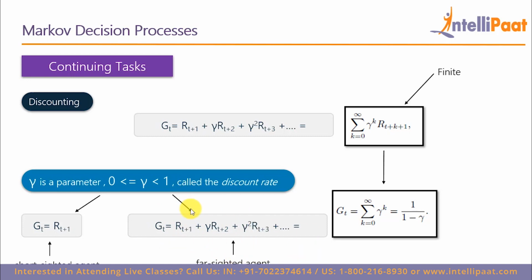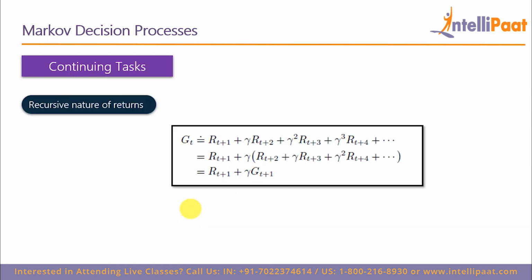Now let's discuss one more very important property of the returns, which we call the recursive nature of the returns. The returns can be written recursively using this particular equation. We have pulled out gamma from the terms starting from the second term in our sum, and the sequence in the parentheses here is actually the return at the next time step, that is t plus 1. So we can write this particular term as the return at time t plus 1,